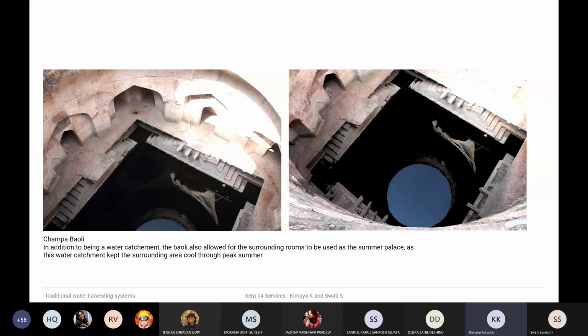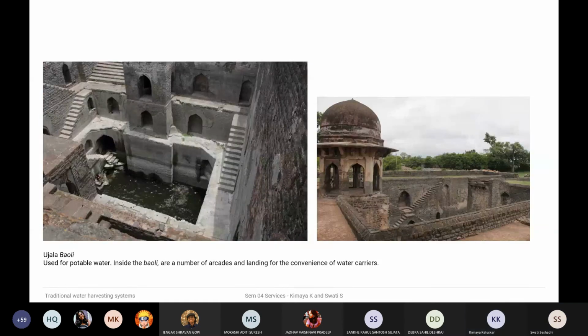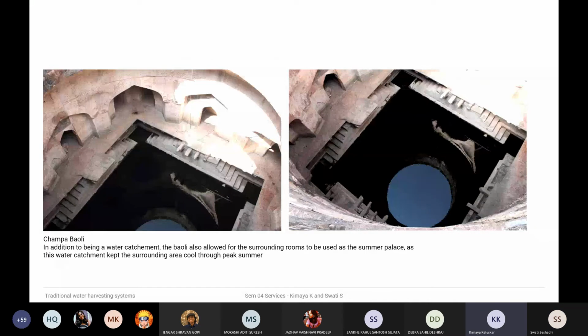The second thing is about the material, the stone. What happens with stone is it will take time to heat, and it also takes time to release that heat over a period of time. So it works very well in winters as well as in summers. It will be cooler for a longer time. I just wanted to finish that because it's quite an interesting thing, how they used water as a passive design technique for their buildings.